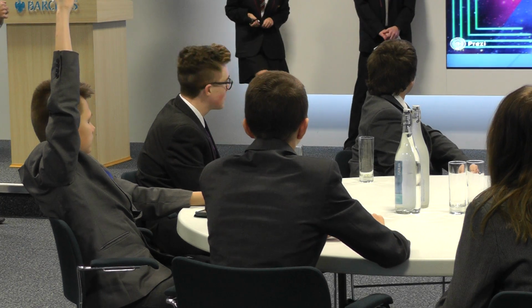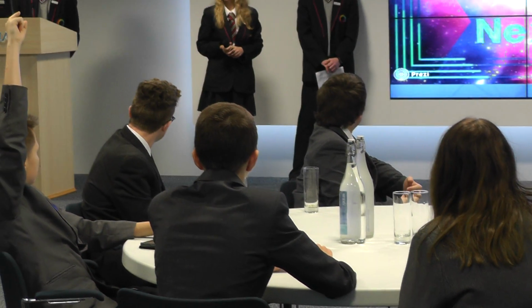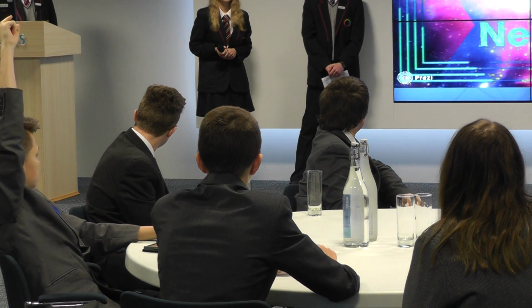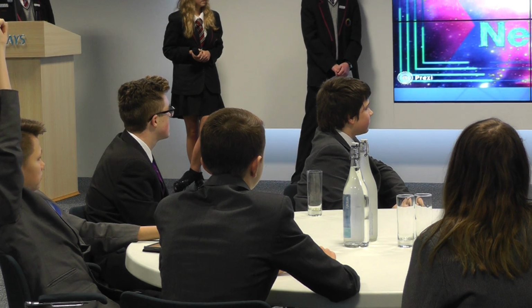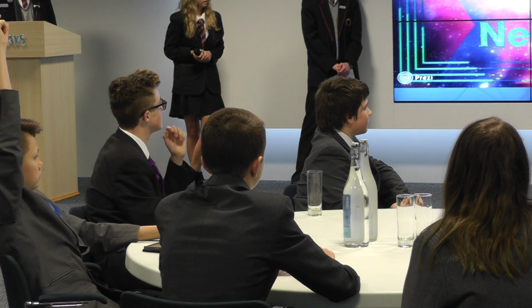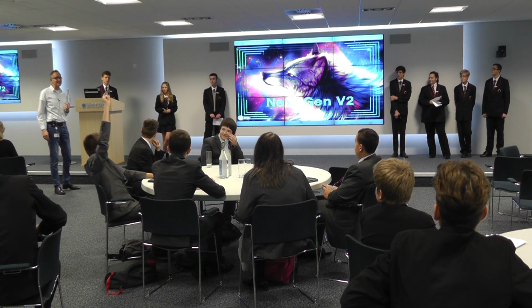The gentleman in the blue tie. When you say you plan on appealing to other age ranges, how do you plan on doing that? So the question was, how are you going to appeal to other age ranges? Well, what we thought was, when they open the app, there would be a little stage where they would type the age in, and an instruction page, and once they've typed that age in, it will take them to another page that will teach them about saving, so it'll be more advanced as the age you type in gets older. Okay. Helps if I turn my microphone on.